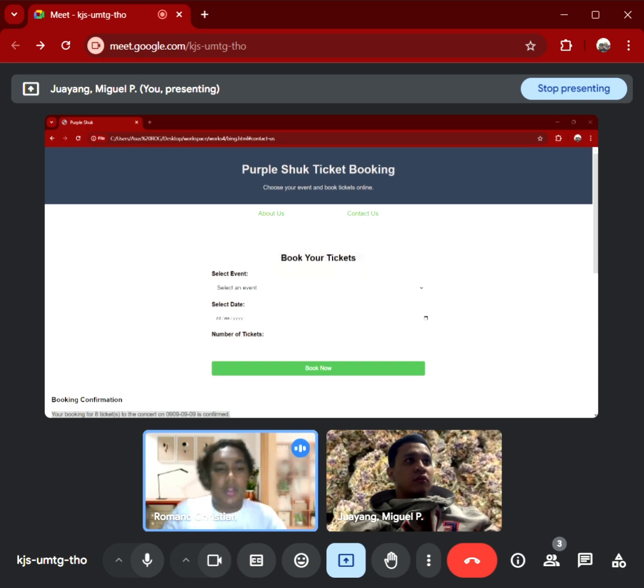The next step is how HCI principles are applied. Human-computer interaction principles focus on designing user interfaces that enhance usability. Interfaces should be easy to learn and efficient to use. Consistency, a uniform design that makes the system predictable, and also feedback, providing users or customers with clear responses to their actions.